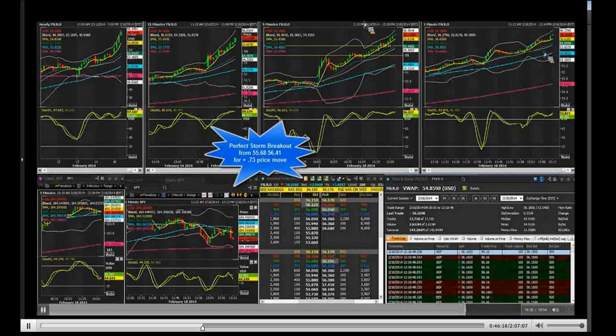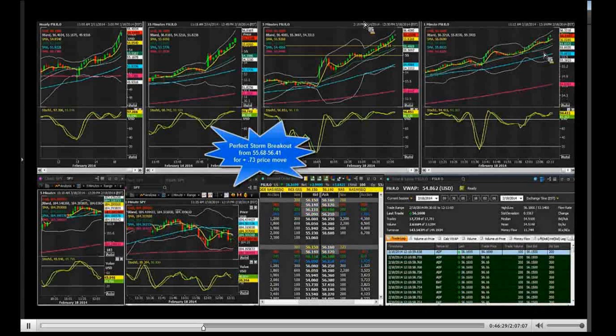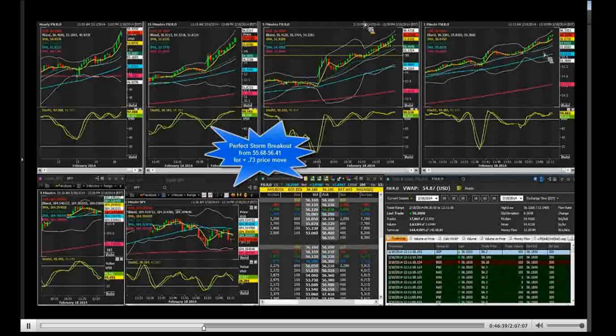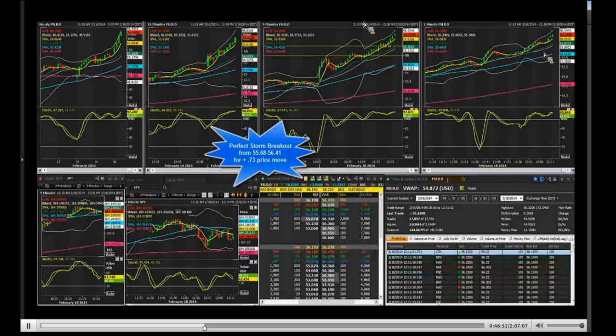Now, I'll tell you what's even better than a perfect storm, okay, is a perfect storm failure or a reversal of a perfect storm. Naturally, if something's very, very strong and it gets taken out, what does that tell you about the other side of that trade? Okay, if a perfect storm breakout gets muscled down and sulfates against the backdrop of, say, the SPY or the SPQ, the SPOOs forming a perfect storm breakout, what does